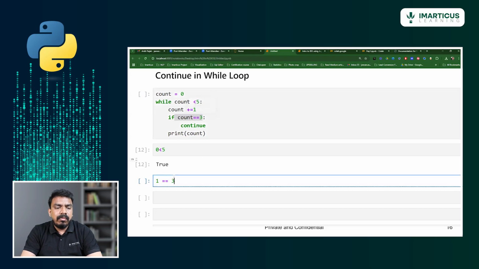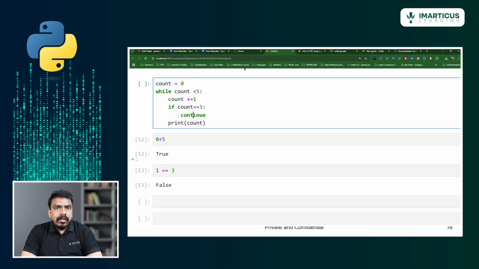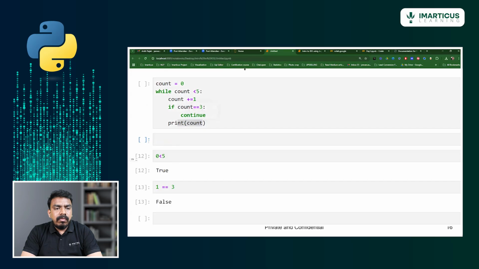No, right? The output will be false. So now if this condition is not satisfied, continue will not be executed. It will directly go to the print statement and print the value. The output will be 1, because you have incremented the value of count. After the iteration, the value of count will become 1.